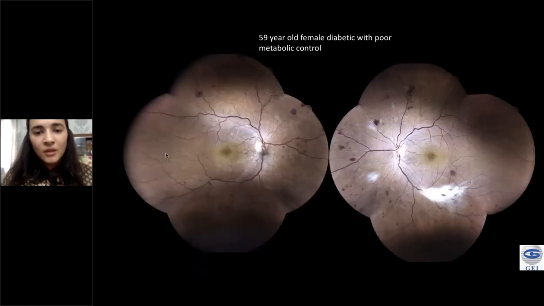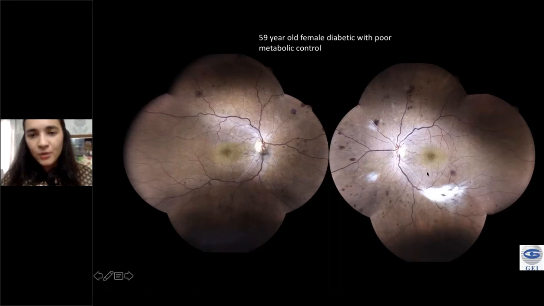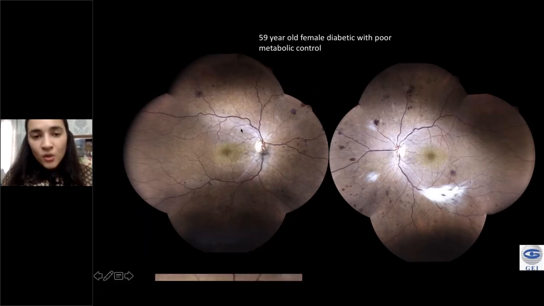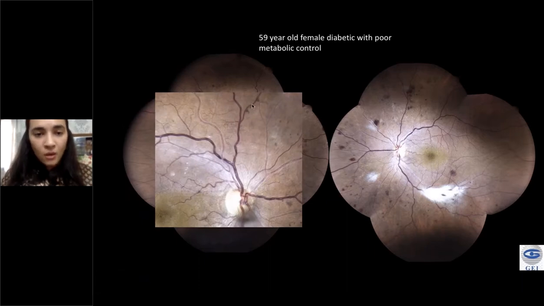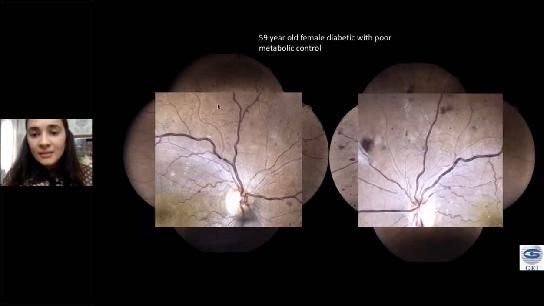Now I'll just zoom in. Of course, you see the beautiful myelinated fiber in the left eye, and various features of diabetic retinopathy, too many to elaborate, frankly: dot blot hemorrhages, superficial hard exudates. If I focus on the finding, this is what I'm trying to talk about. What you see in the focused image is this branching network extending between two major blood vessels, not really crossing over. That is there in both the eyes.